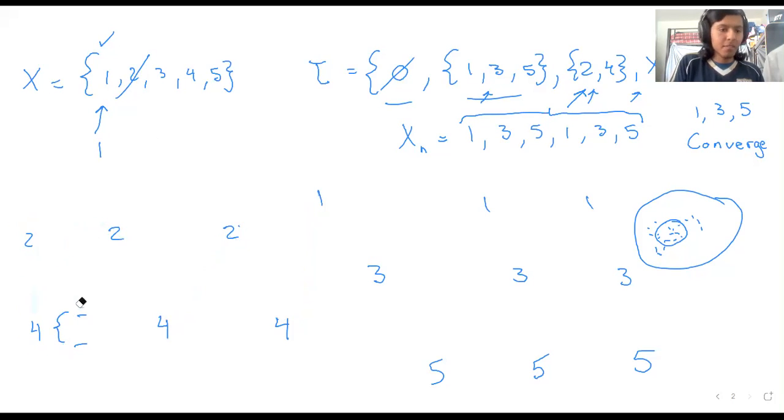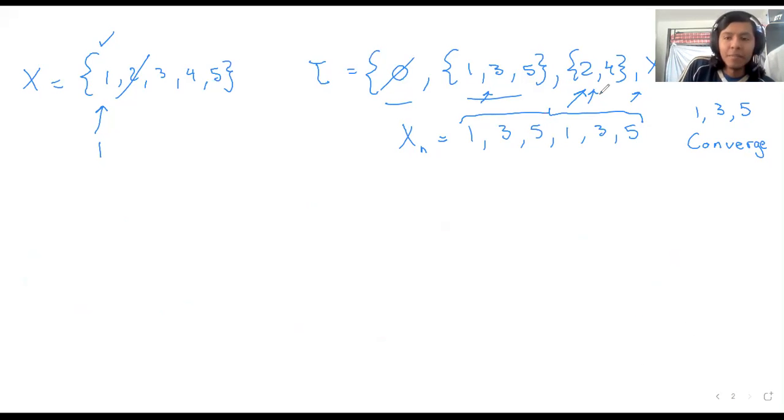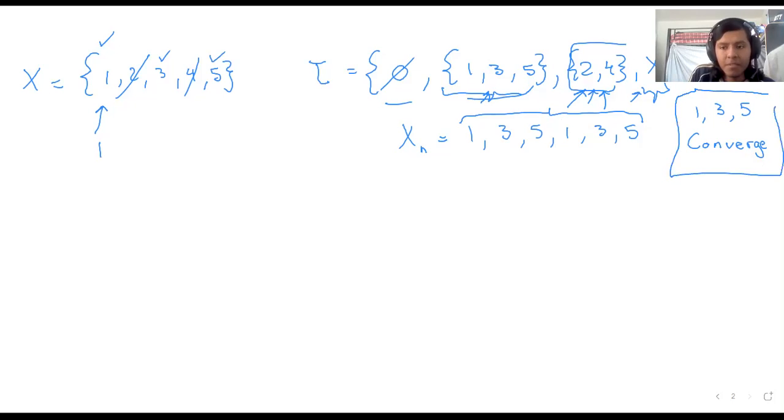And just real quick, we could see if 3 and 5 work. Well, actually, we don't really have to, because 2 and 4 have the same set that doesn't work, so we know 2 and 4 will not work. And because 1, 3, and 5 share the same open sets, we know that 1, 3, and 5 will work. So as you can see, we predicted correctly, because we knew that this sequence only works in this open set and this open set.